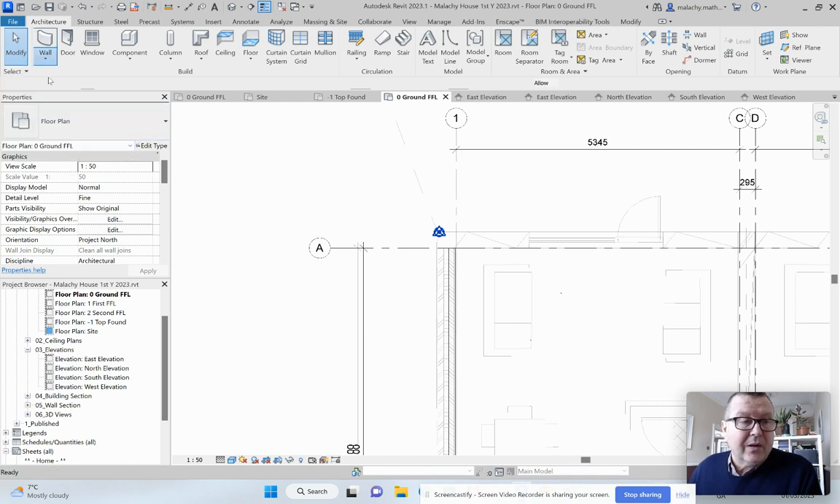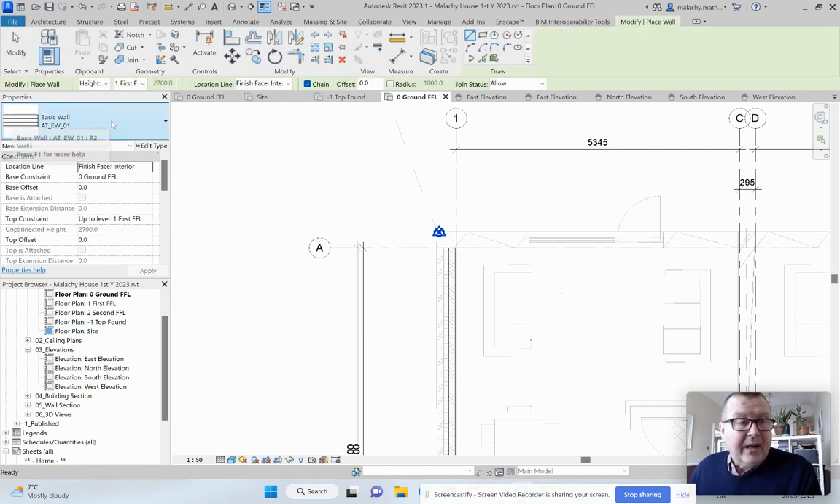Right, so I'm going to go into wall. I'm going to do this again, and we're going to pick EW2, and again, finish face interior. I'm going from the ground finish floor level up to the first finish floor level. And you might ask me, why don't we go the whole way up to the wall plate level? Well,